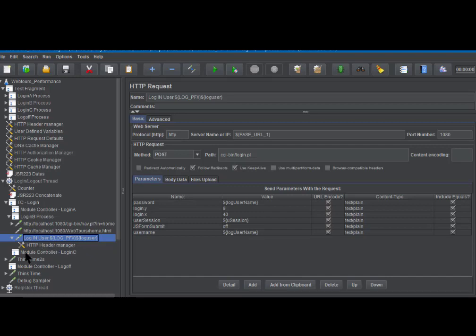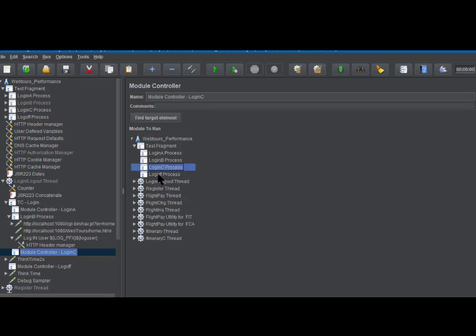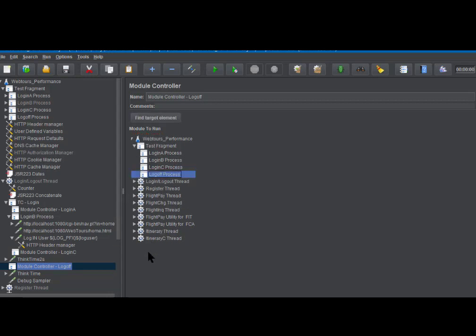Before I go there, I know you have that question. Let me make sure the login C is set. So it's another module controller. I expand the test fragment and I select login C. So now this script is ready. When it runs, it will pull code from two different places in the test fragment section. One is login A and the other is login C. Of course, there's log off. Is that there? Yes, it is. Further down, we see module controller, and we can click on that to select log off process. Now we have 3 of those processes in use in one of the individual